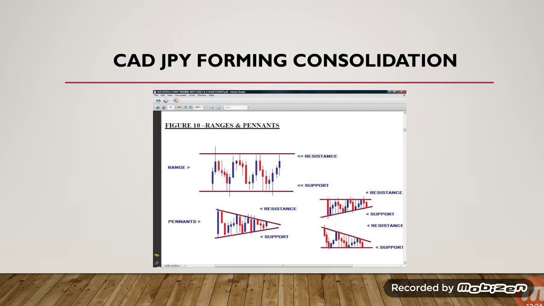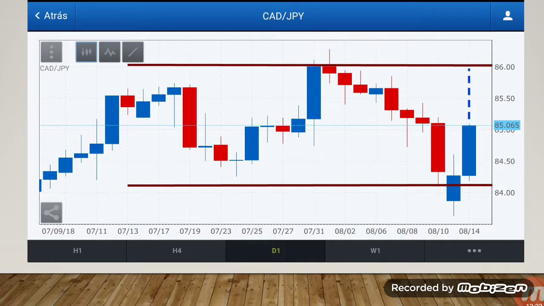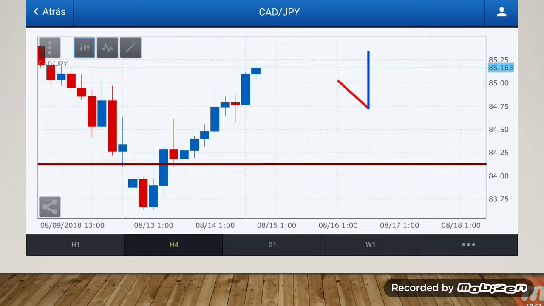Canadian Japanese yen is another example of a reversal that took place in the absence of the signal that was needed. This was the setup for this currency pair, which, as you can see, was a very strong setup with strong candles and a very strong bullish signal on the daily chart. However, despite the strength of this signal, there were a few elements that made it risky to actually start trading this long. Even though this was a clear